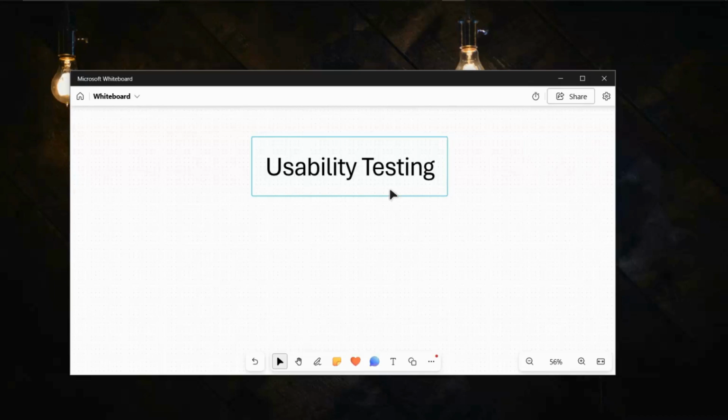For an example, think about an app. A user tries login, navigate pages, complete tasks, then check, is it easy? Is it confusing? Can users complete tasks quickly, right? Usability has